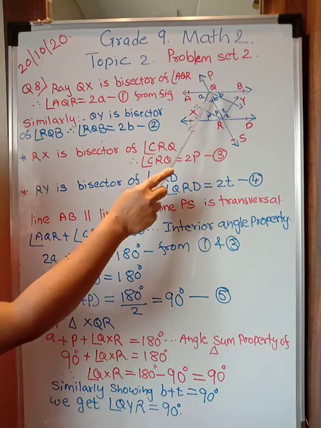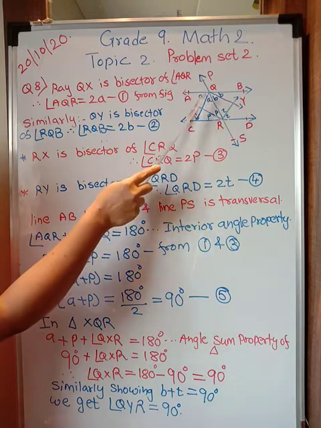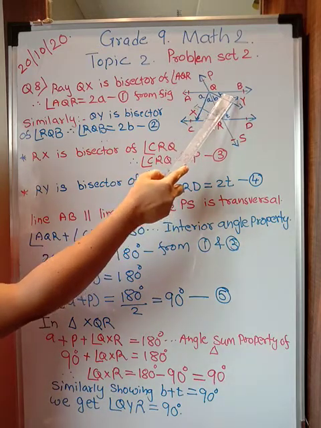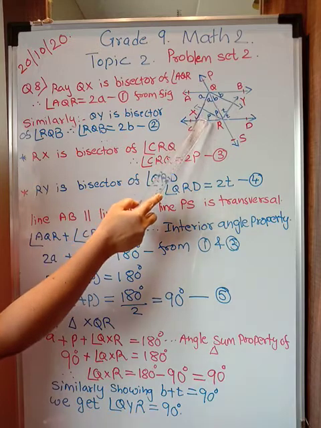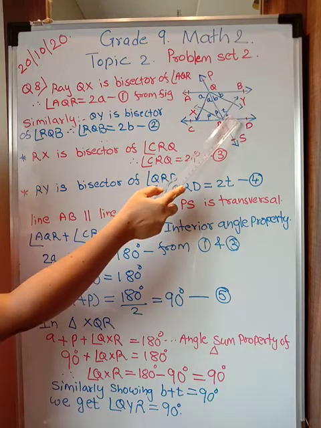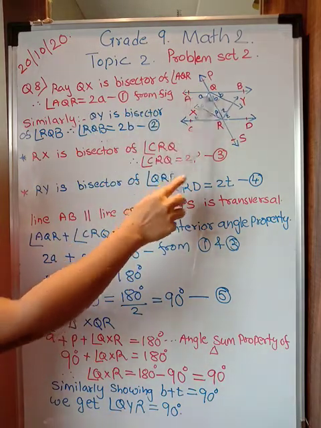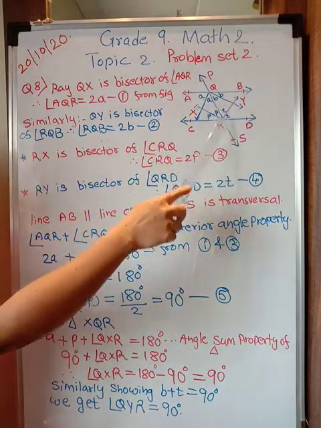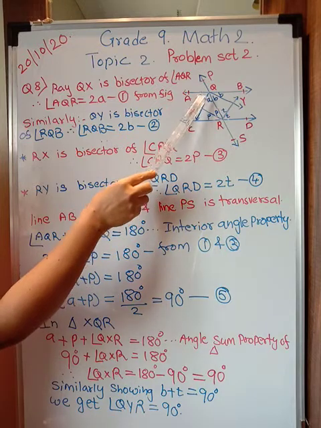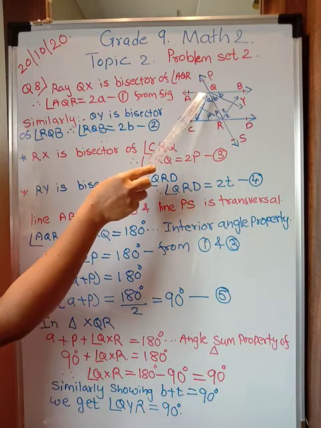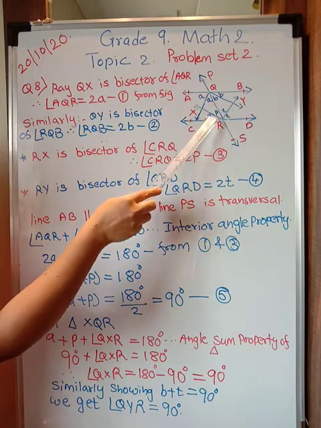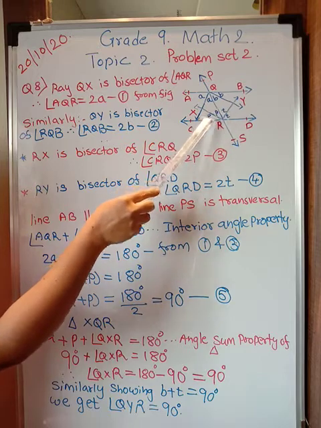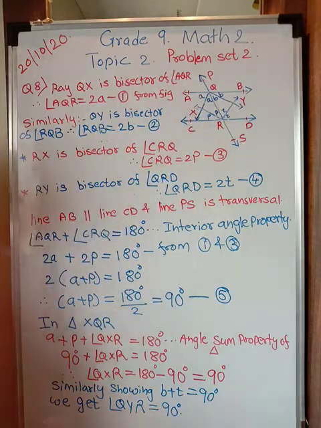See now. As I have told you, these two will be A and A. These two will be angle BB. Both are equal because this is angle bisector. This will be PP. This will be TT. Now see here. AB is parallel to CD is given, and considering PS as transversal, you know that A plus A will be 2A. So this angle and P plus P will be 2P, these two. So these two are interior angles.